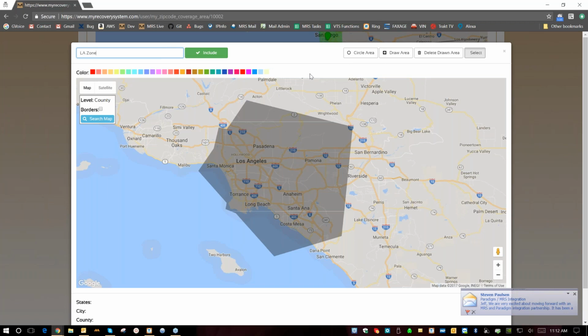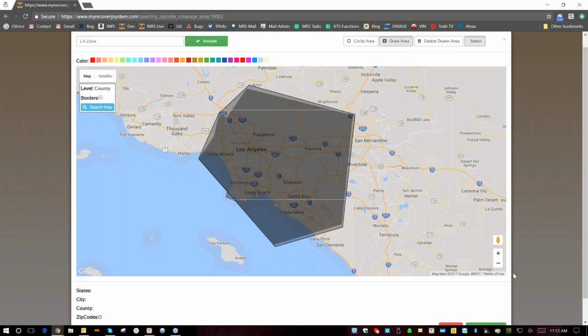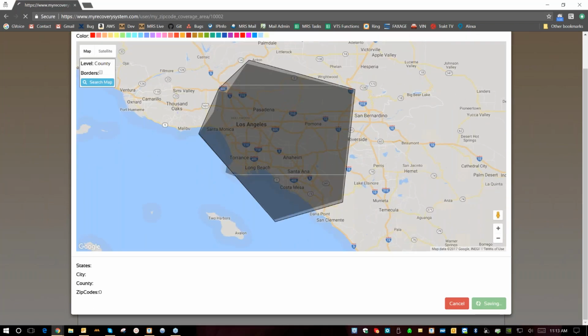Okay, I'm going to go ahead and draw the LA zone. I'm going to make it easy and draw it right here. I'm just going to make sure I include all of this, and I can go outside with the zones. I don't necessarily have to be inside that area. It doesn't have to be perfect if you don't want it to be, as long as it's within that coverage area, it's going to go ahead and assign the drivers correctly. So that's it, and then I just go down here and say save changes